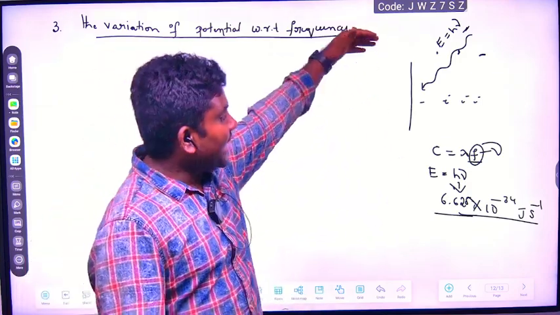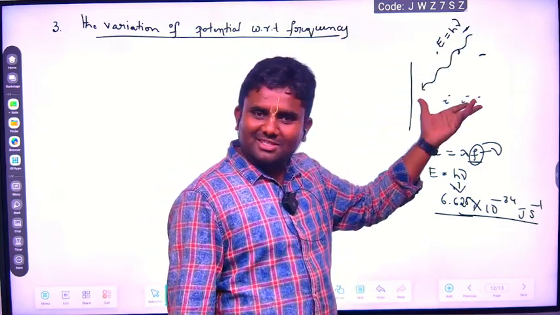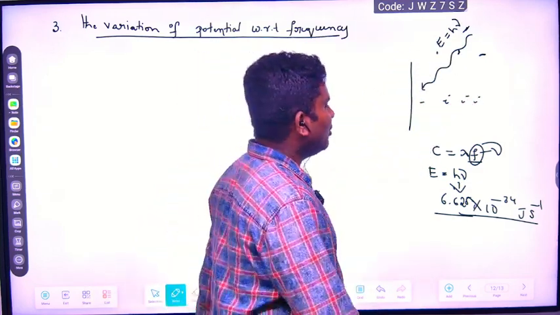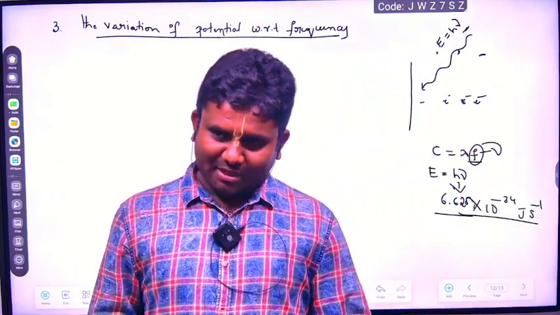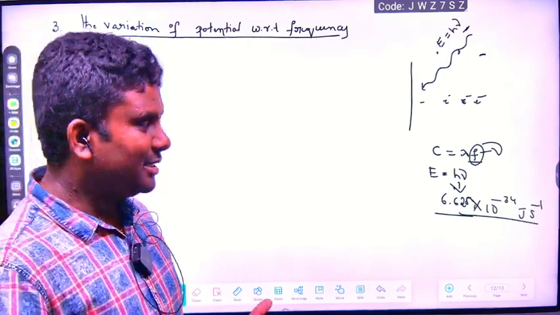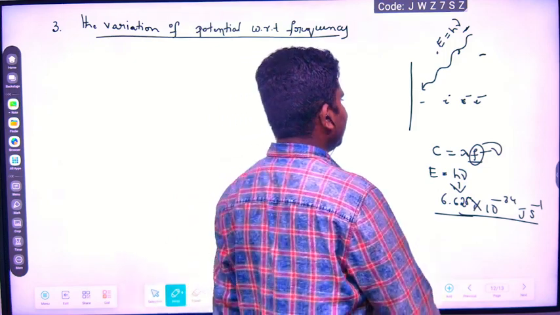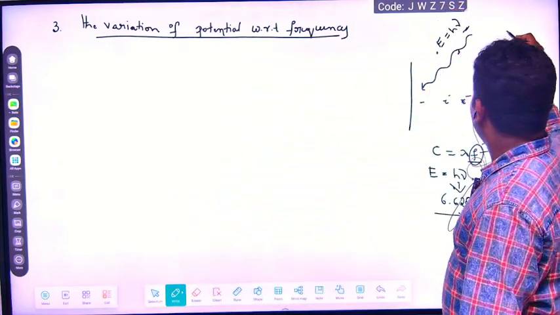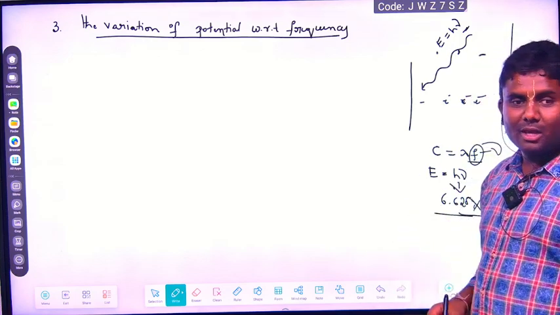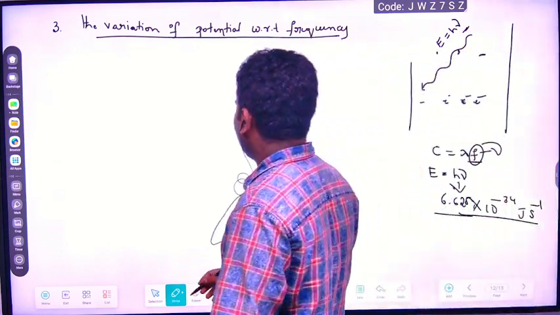Understood? When that energy of the light ray falls, as frequency changes, energy changes. Now the electrons will come so rapidly. What they observed in the experiment, I am telling; the reason I will tell later. What they observed is, as the frequency increases, for different frequencies, they need to apply different potentials, stopping potentials, to stop the electrons. Okay, so what they got is,